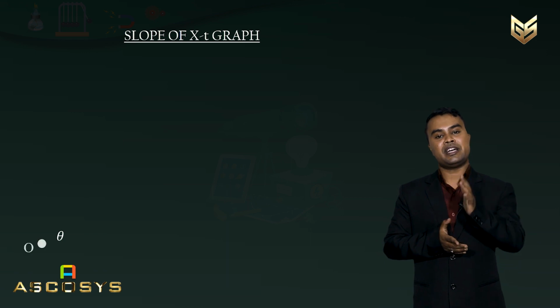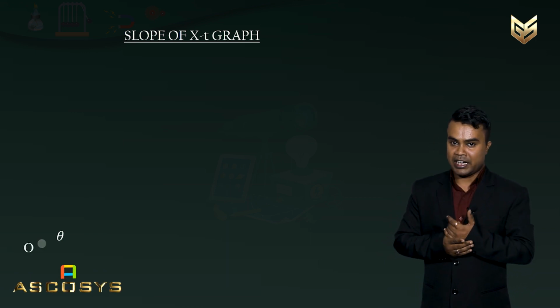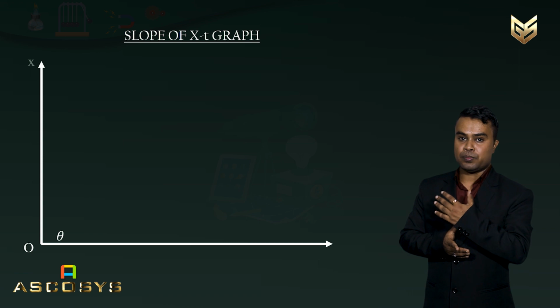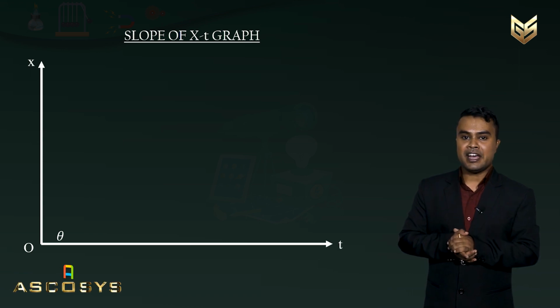So, the ultimate final graph which we get from displacement and time is that the slope of a uniform velocity graph will give me the velocity. If you put a graph, in the x-axis you put time, in the y-axis you put displacement, and the graph is